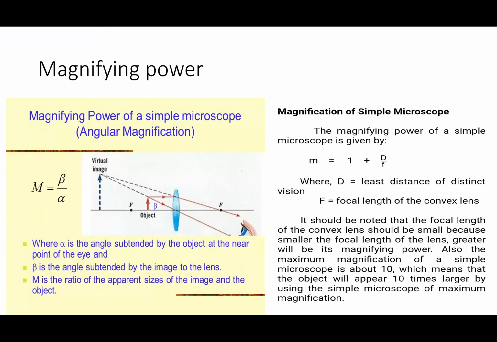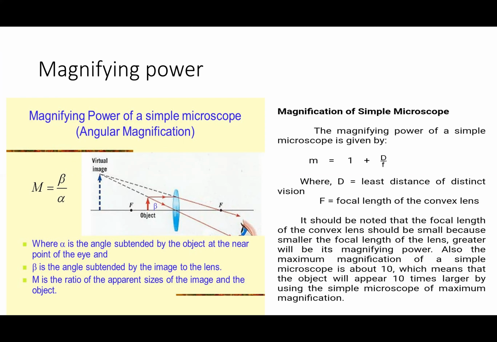From magnifying power, we can say what the ratio of the size of the image to the size of the object is, and how much larger the image will be as compared to the object. Magnifying power tells us whether a lens, microscope or telescope can increase or decrease the size of the image, whether it magnifies the object or minimizes its size.